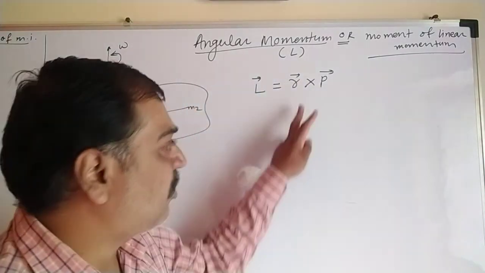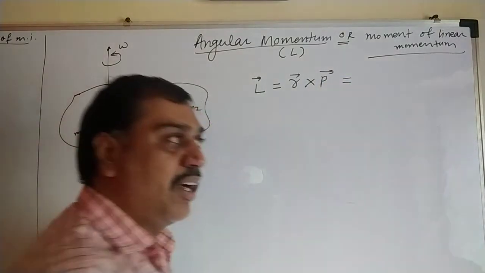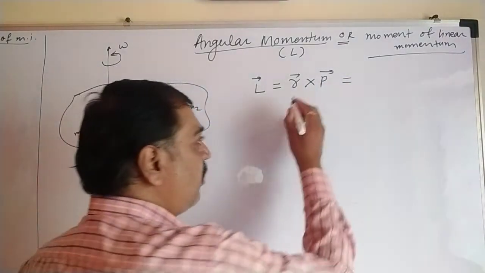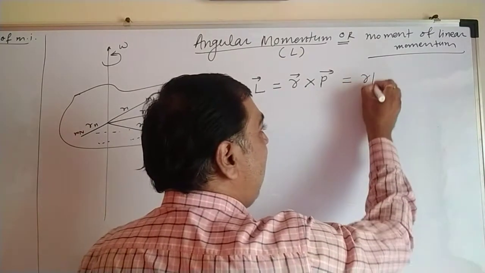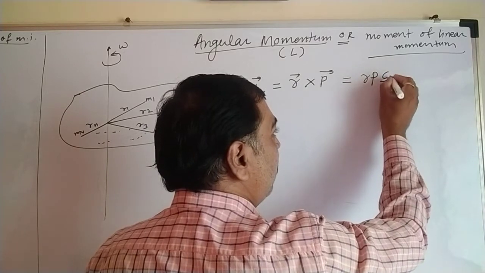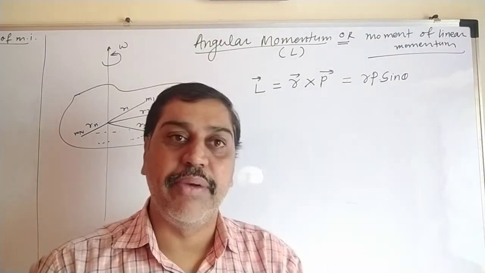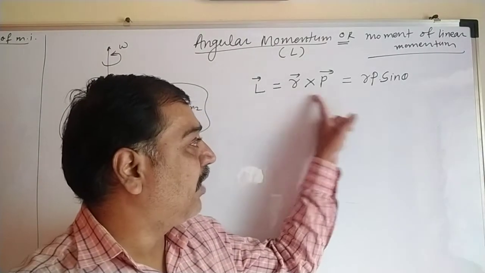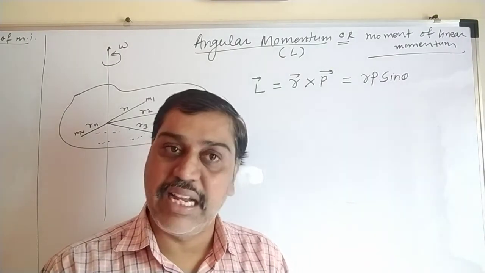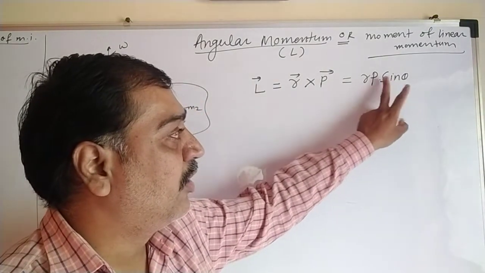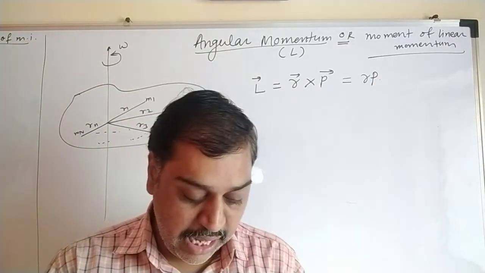And as it is a cross product, you can write the same thing in a different way, as we learned in the 11th standard scalars and vectors chapter. So it is a cross product, R into P sine theta, where theta is the small angle between R and P. You can write this in vector form and this in scalar form: RP sine theta. If theta is 90 degrees, sine 90 is 1, so simply you can write this as R into P. This is nothing but the angular momentum.